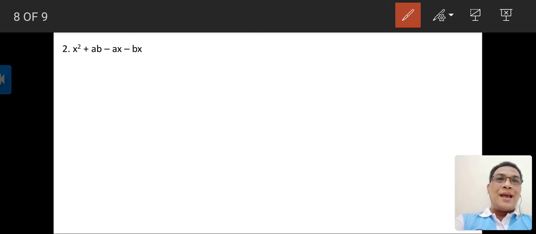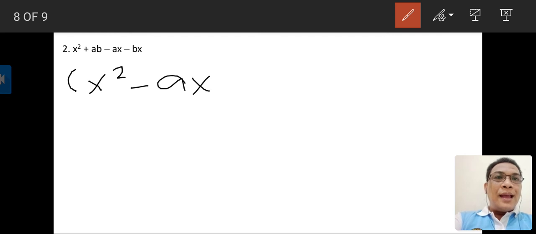So let me have the first term and the third term. So that will be x squared minus ax. My second group will be the second term and the fourth term. So that will be plus ab